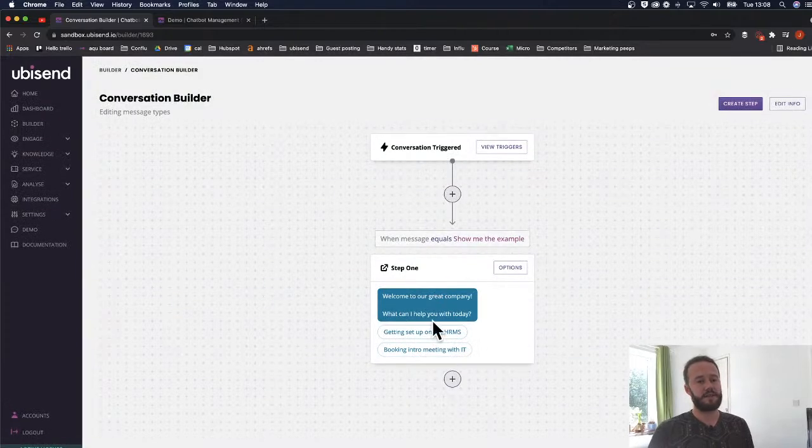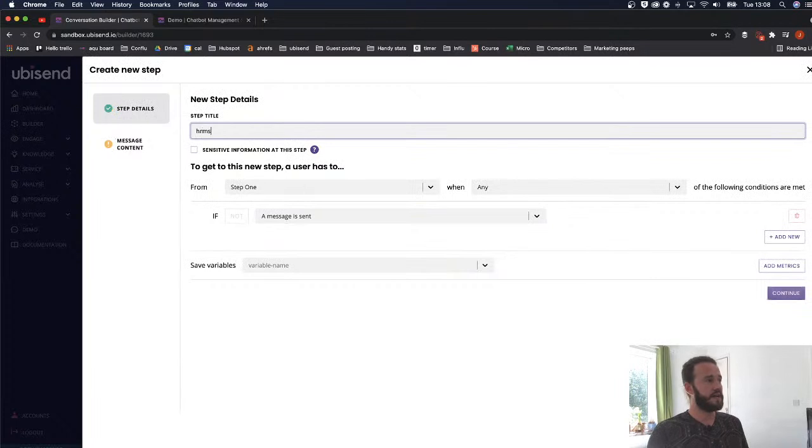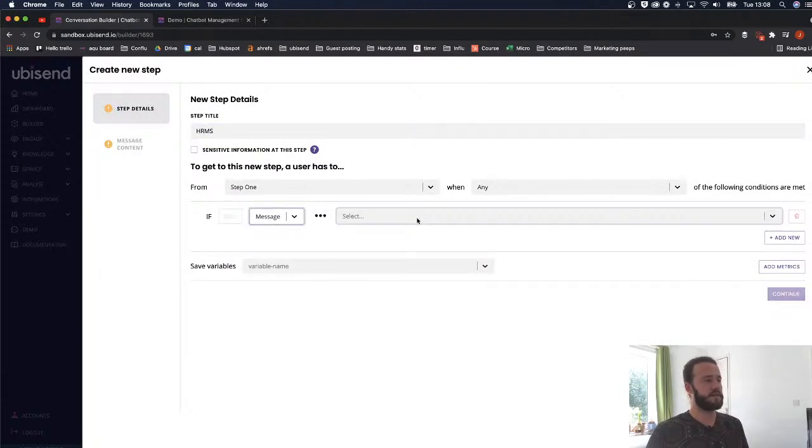You can see now we've got these two options here, and what I'm going to do is add another step. We're going to call this one HRMS. I should probably put it in capitals to be fair. Message equals, and then we're going to put HRMS. So what this is saying here is, if you remember with our signpost,